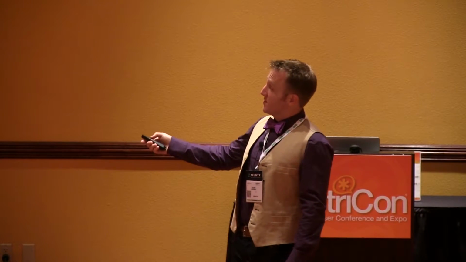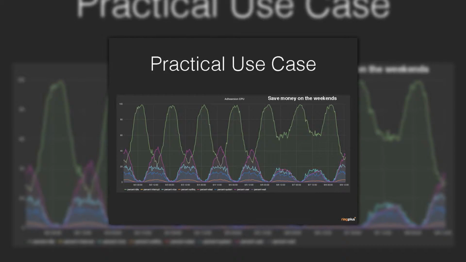Another thing too is, this is a good use case where we have a lot of call traffic on one of the virtual machines that's going through here, and using a lot of CPU, and on the weekends, nobody makes any phone calls. I don't know why, but everyone calls during the week. Everyone's working, on the weekends everyone's outside playing, and so we don't use nearly as much traffic. So guess what? We can turn off a bunch of virtual machines at that point and save money over the weekend. And it's so easy, it's one literal command, docker scale 10, and it will just gracefully shut down 10 containers